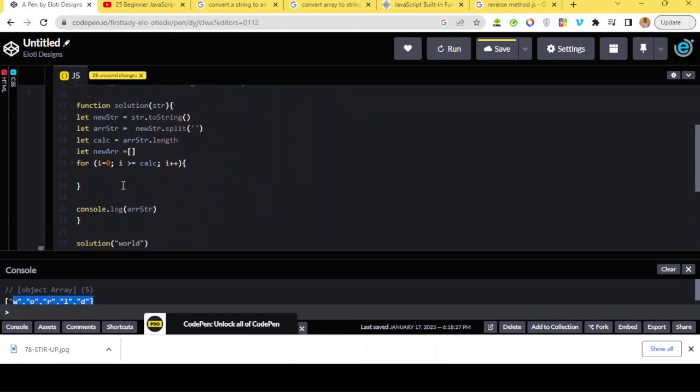So now I'm going to manipulate this using a for loop. In order to get the index number of the D in this array, the index number would be 0, 1, 2, 3, 4. So since the index number is 4, that's what I want to target first. I'm going to say i is equal to